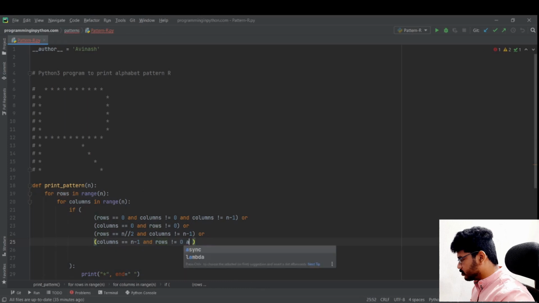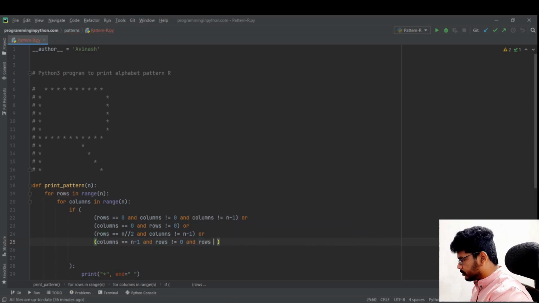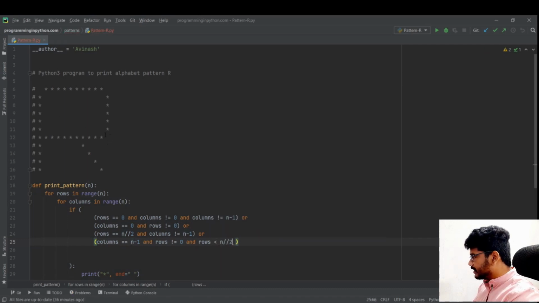And there is also one more condition to only print up to half, row less than n by 2, so that it will only print up to rows less than half. So that is the condition. So we have printed the first row, first column, middle row and last column.